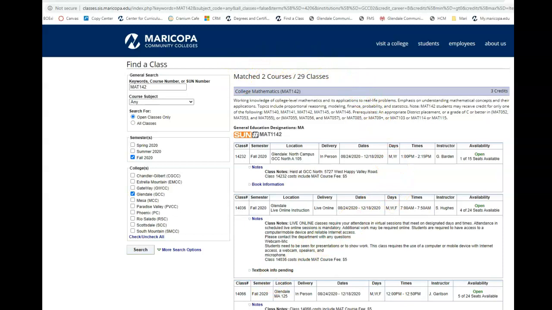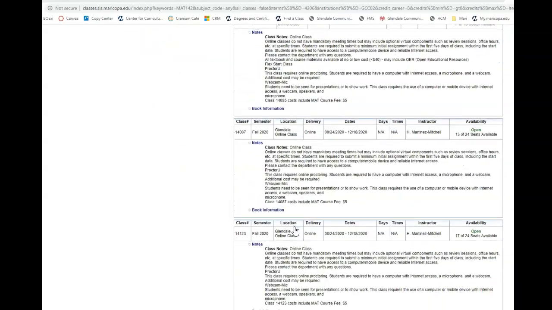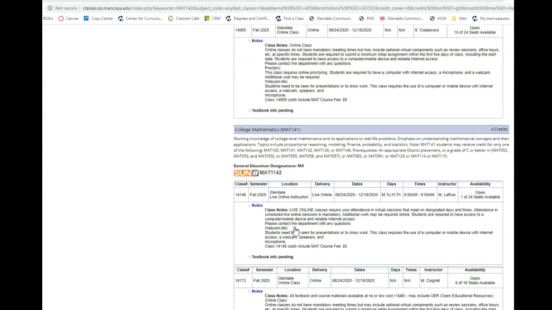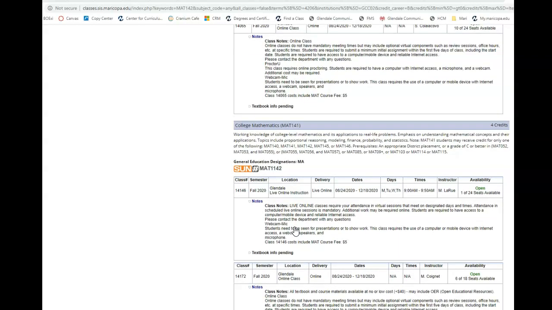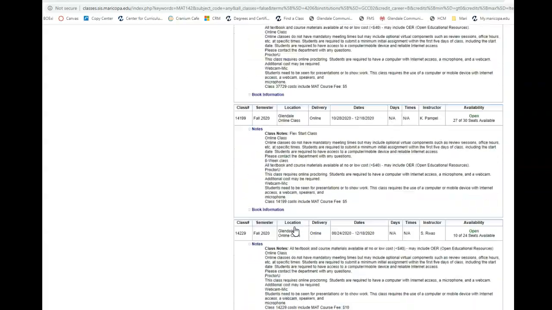At the top here, I see that there are 2 courses and 29 classes to choose from. The 2 courses signal this course has another class code to select from that may have a slightly different attribute. In this case, a student can choose the 3 credit hour Math 142 or the 4 credit hour Math 141. These are exactly the same classes and content. The bonus here is more time is spent in the classroom with the instructor in the 4 credit hour class,